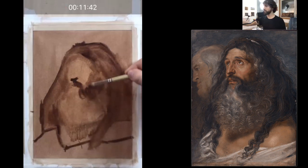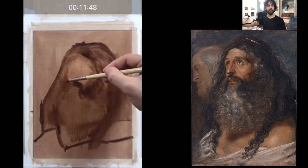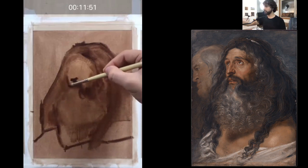Okay, yeah. See that? How I'm starting to build the shape of the face from all these very...